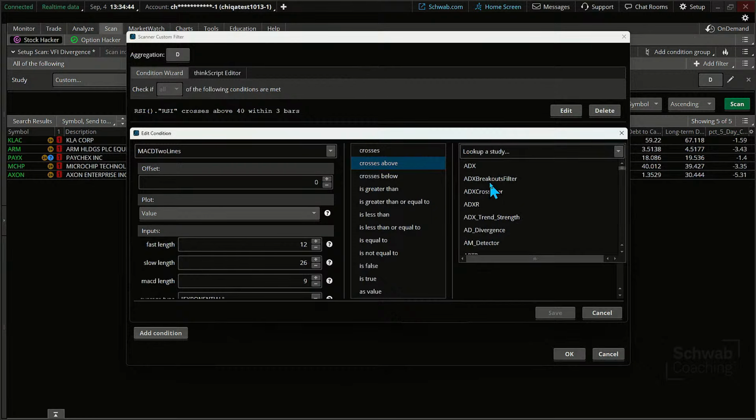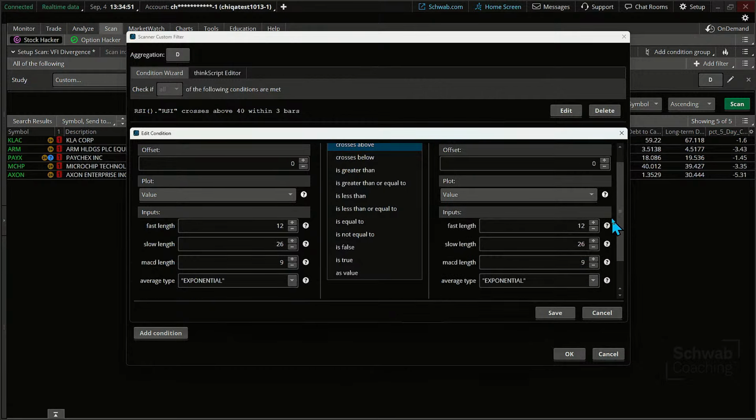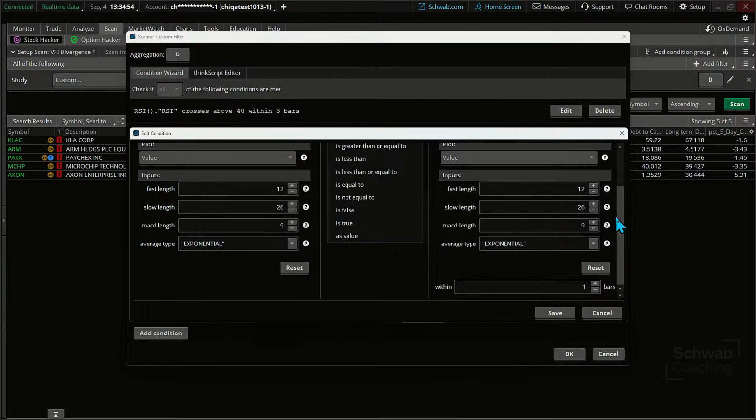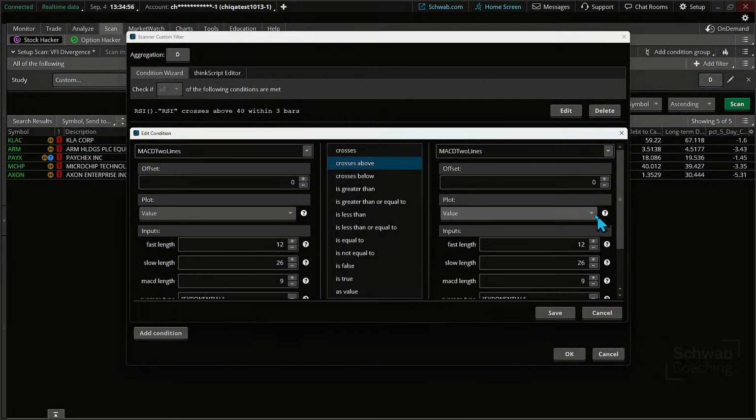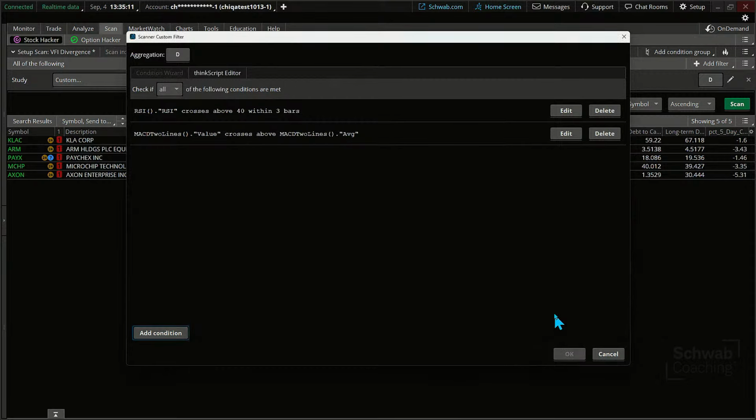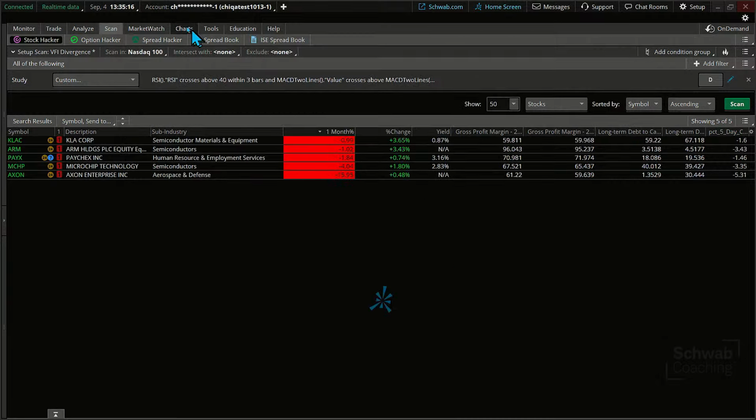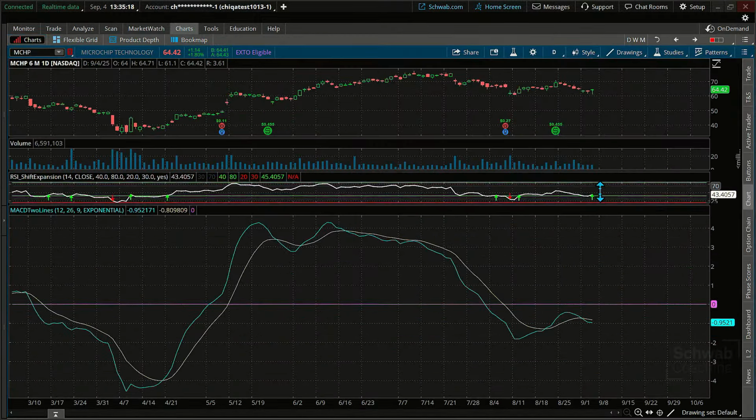We'll say the study, and we'll go right back into that MACD. Where are you? Right there, the signal line, and it's a crossover above, let's see, crosses above the average line. Okay, so the average line is right there. It's a 9 moving average exponential. Okay. In fact, I'll click on OK. Before I run it, I'll just highlight it so you can see it. That's our additional line, right?